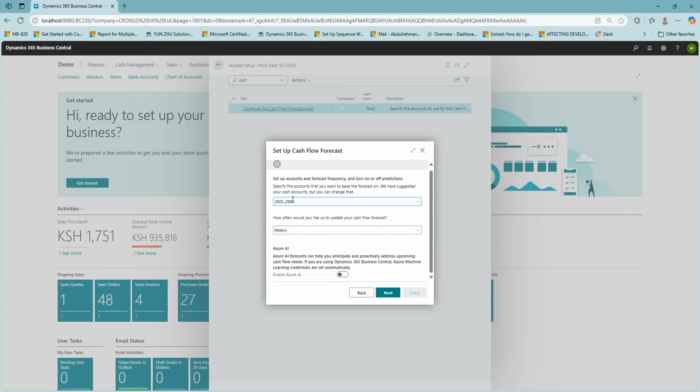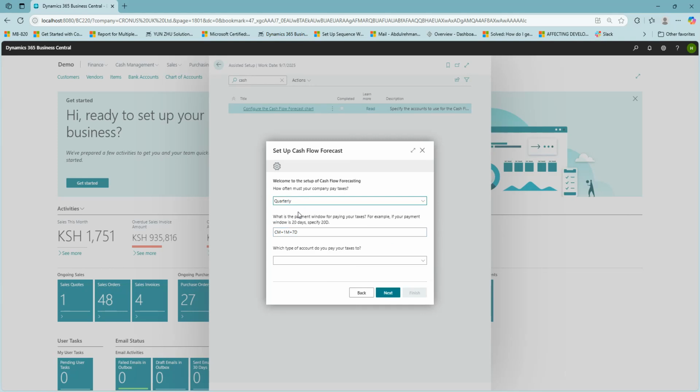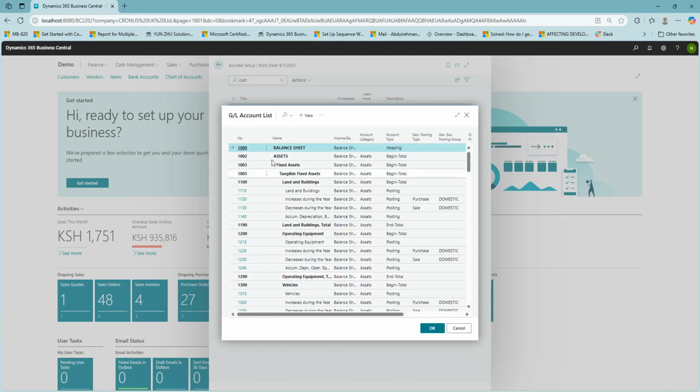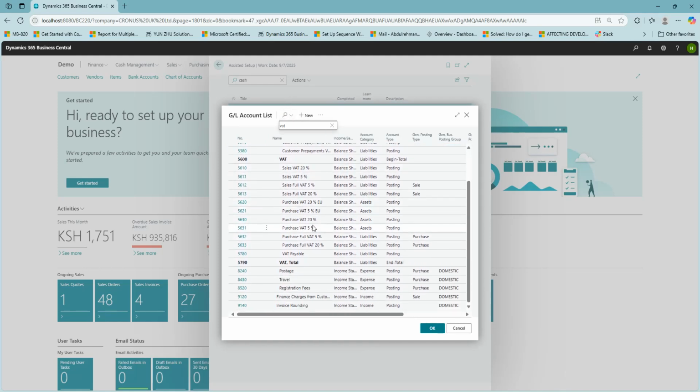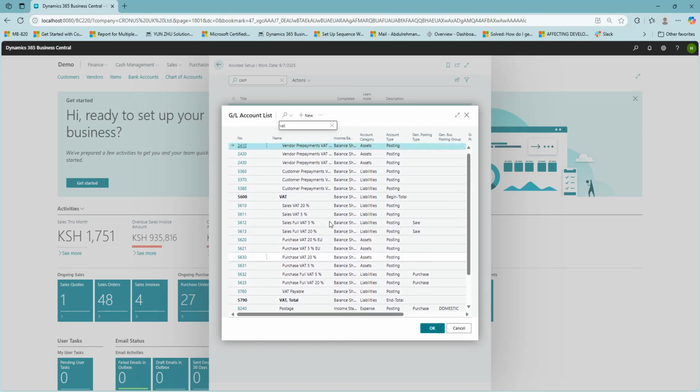So I've just selected the accounts, and you have selected the frequency. Then I'm selecting next, and here I'll say monthly. Which account do I use to pay taxes? Here I can select VAT account. Okay. So here you can select the account that you use to pay taxes,